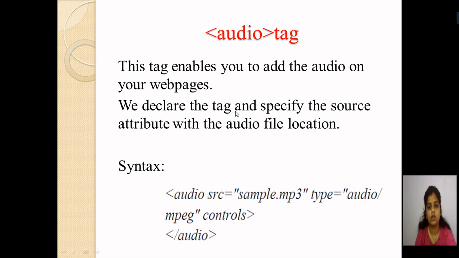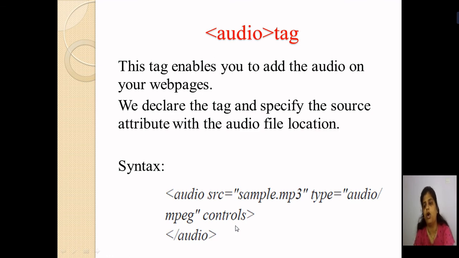Okay, so the syntax of audio is audio src. Audio is the tag, whereas src is the attribute. In the src attribute, I have mentioned the name of the audio file. We have to mention here the name of the audio file, or the path of the audio file where it is located. The next attribute I have used is type. The type attribute says whether it is audio or mp3, and then there is controls. After that I have closed my audio tag. Once I have given the audio path, I close my audio tag. We will do this again practically, and you will all get it.